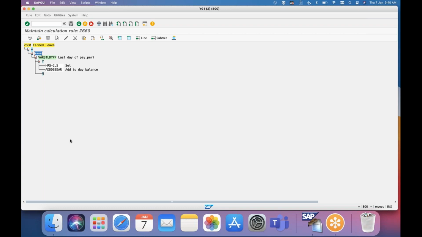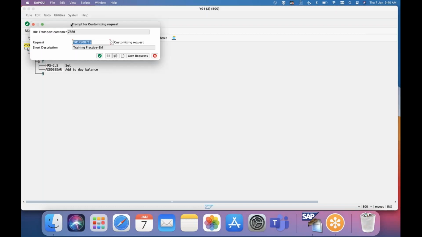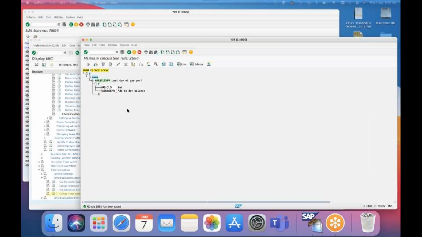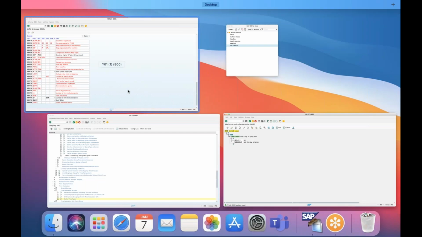Here our requirement is we have to query whether it is the last day of the month, and we have to generate a new time type over here to a table called day balance. So that is the reason we should not give anything over here, and we will use this operation to query last day or not, and just I'm generating 2.5. So let us see where to insert this PCR in the schema.